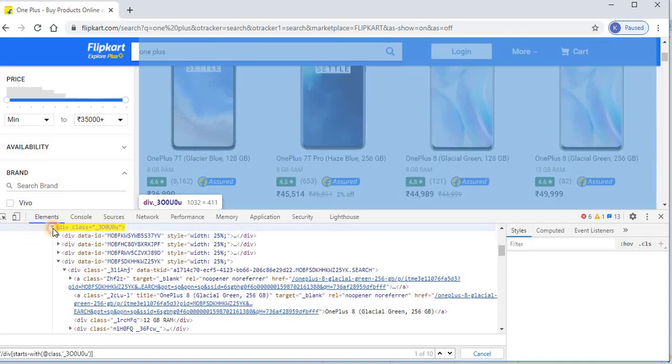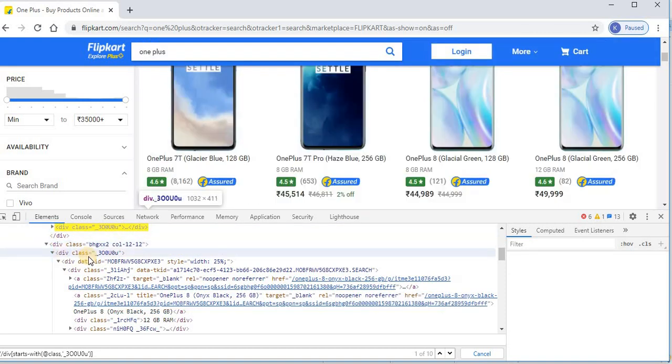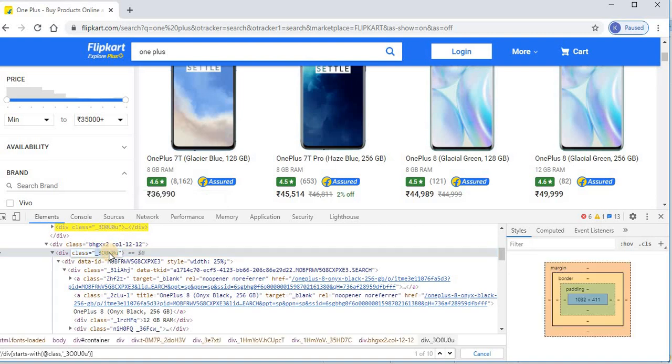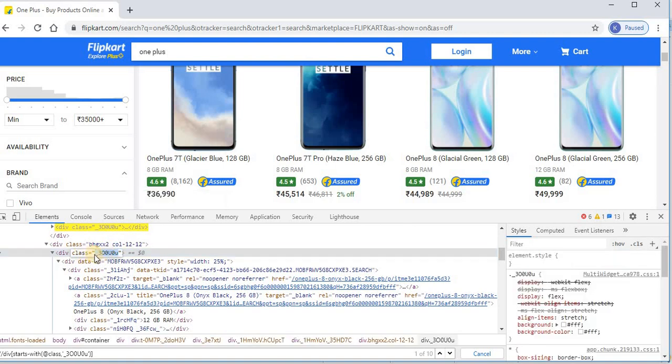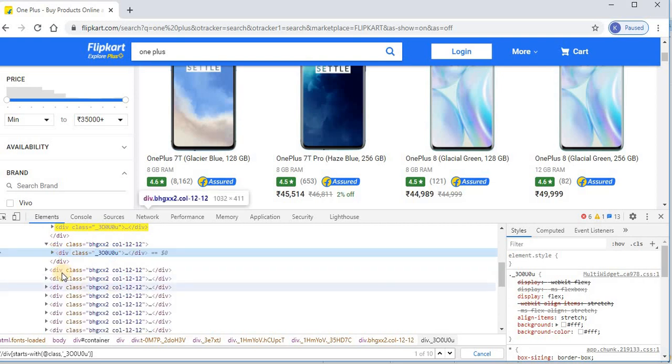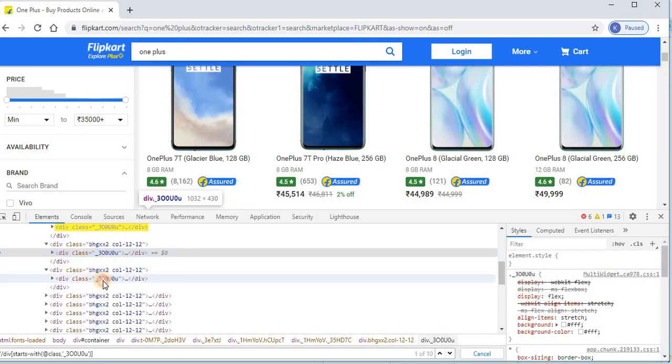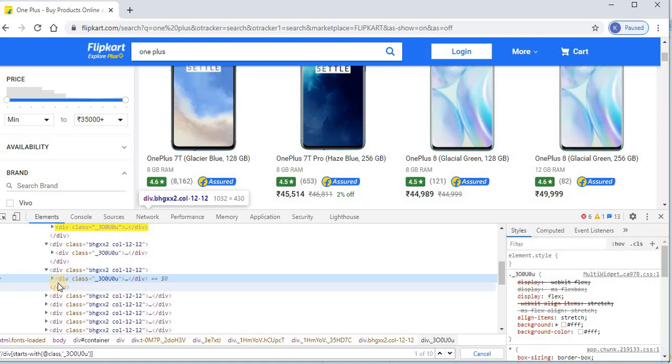But for each and every row, they have defined a class which starts around this. So wherever the products are displayed, they are displayed in this div which contains this class.